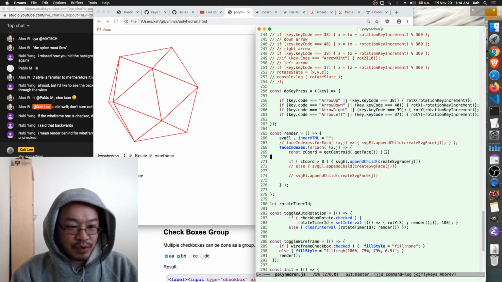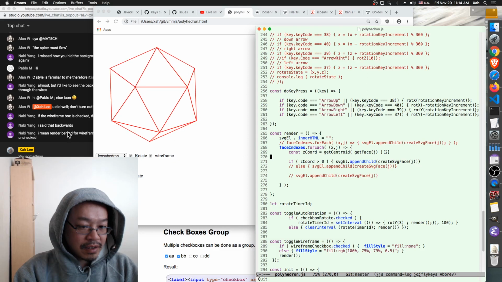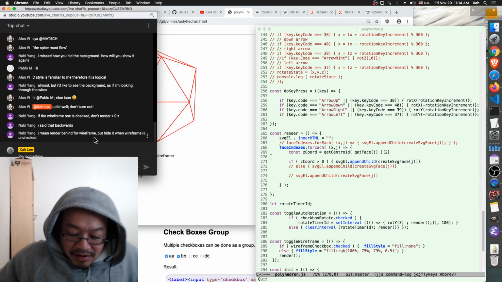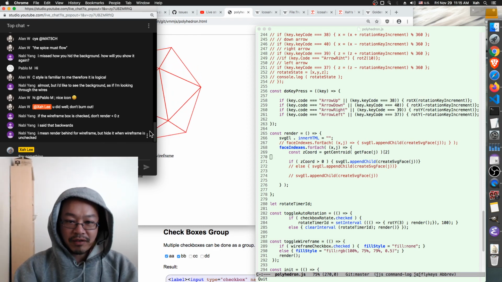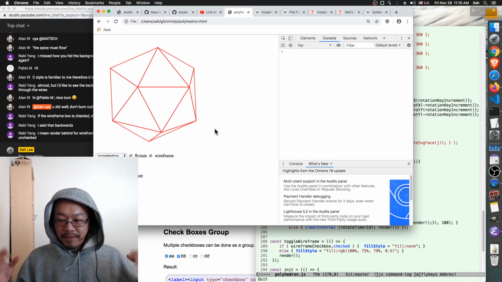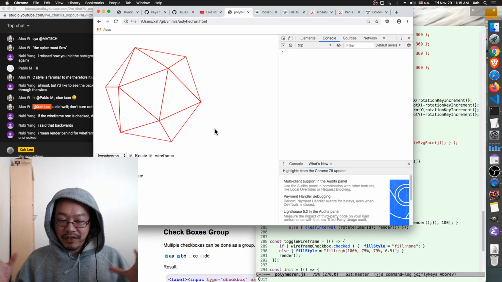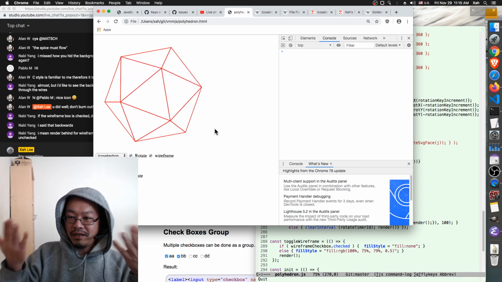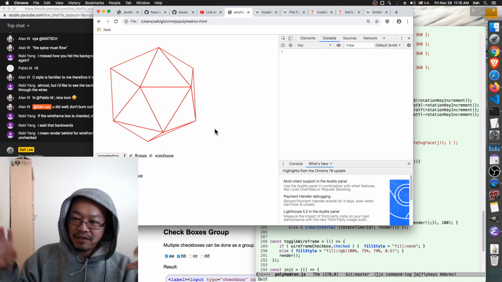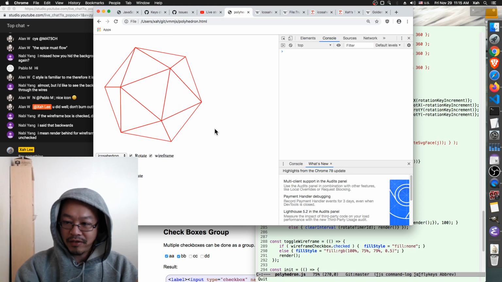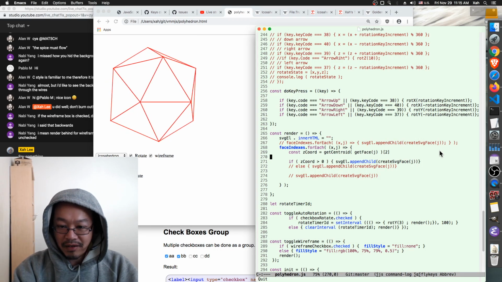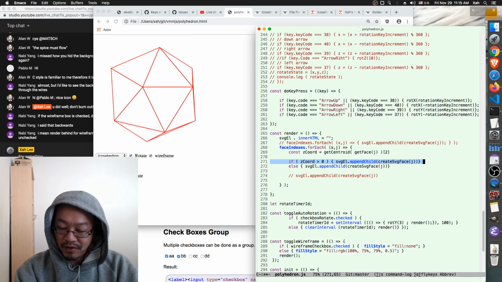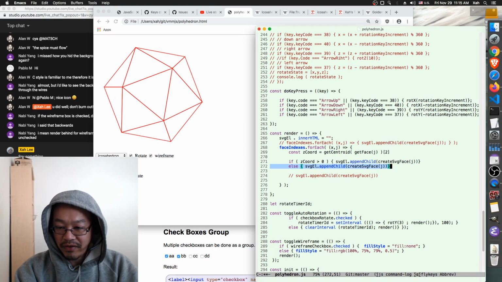I was planning to do some. Okay, let's see. Oh, so Nabi's suggestion is, yes, good point. Nabi is saying if it's not wireframe, then you draw what is in front, but whatever is behind, you simply draw the wires, not the polygon. Okay, yeah, that's a good idea. So let's do that. If it is in front, we draw it normally. Okay. Now, but if it's in the back,